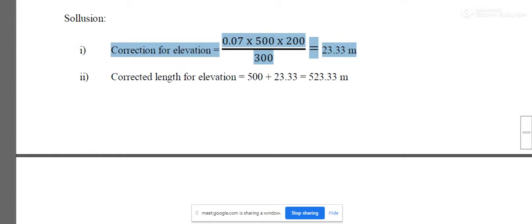Per 300 meter you have to correct it at a rate of 7%,